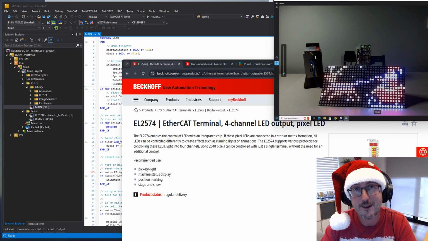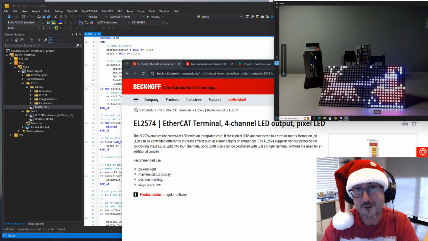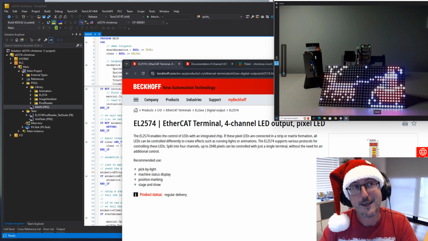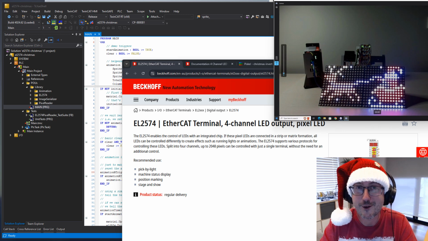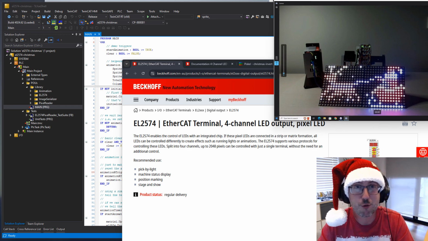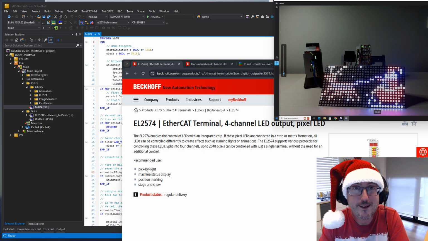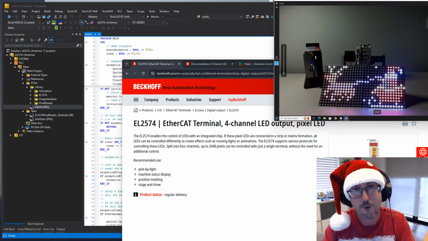Now, all of us as the Beckhoff subsidiaries, myself in Australia, have all received 4 matrix displays, a rope light and the EL2574 LED terminal. And we were instructed to come up with a Christmas themed project and see how you get on. Now, in order to do the whole unboxing and see what we can make this terminal do,